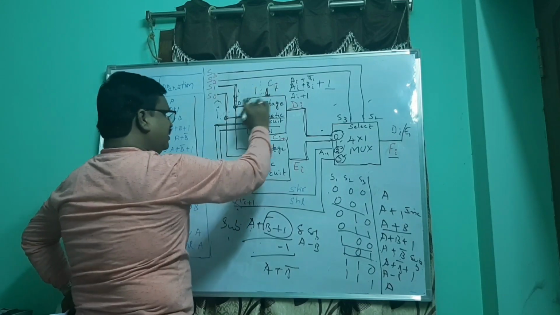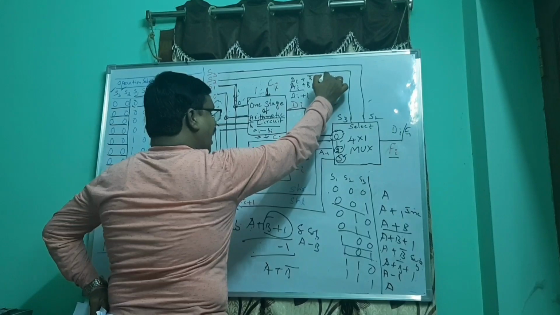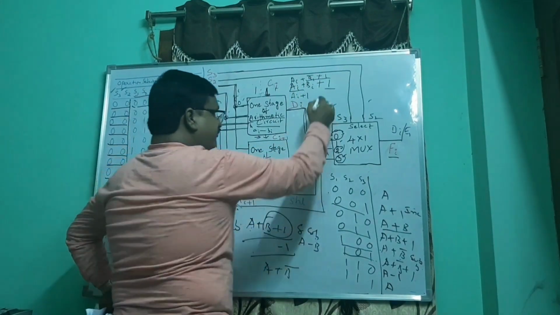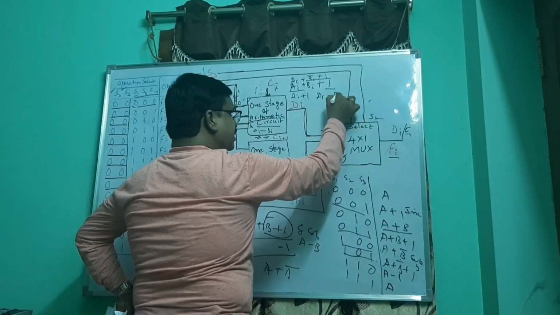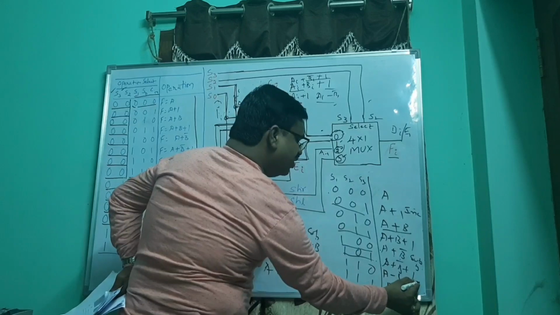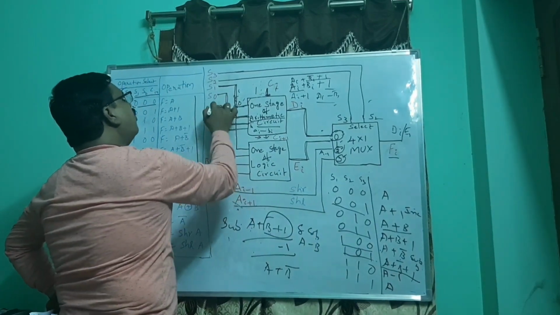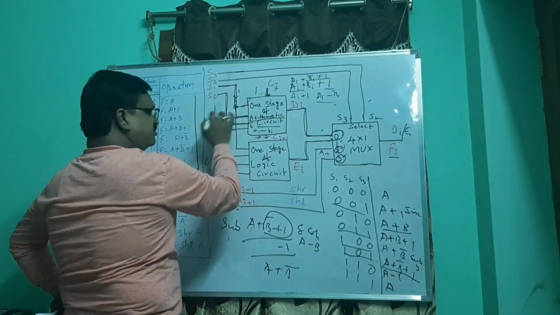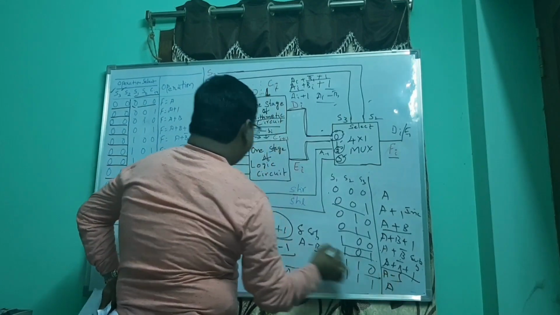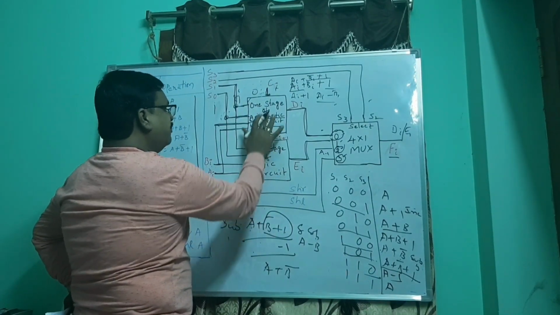So when it is 1 0 1, as previously it is A_i plus B_i bar, this will be added by 1. So this is nothing but the 2's complement of B_i bar, which gives you A_i minus B_i, so subtraction. This is what you are going to perform. Next, if S0 is 1, S1 is 1 and this value is 0, that is 1 1 0, simply B_i will not be affected, only A_i will be considered by this diagram.